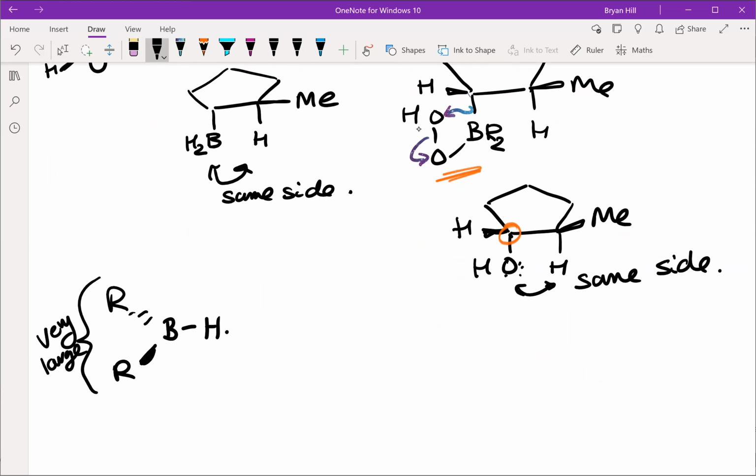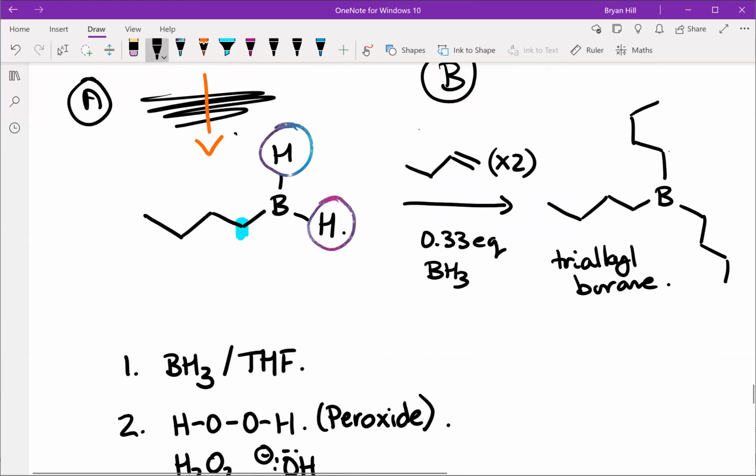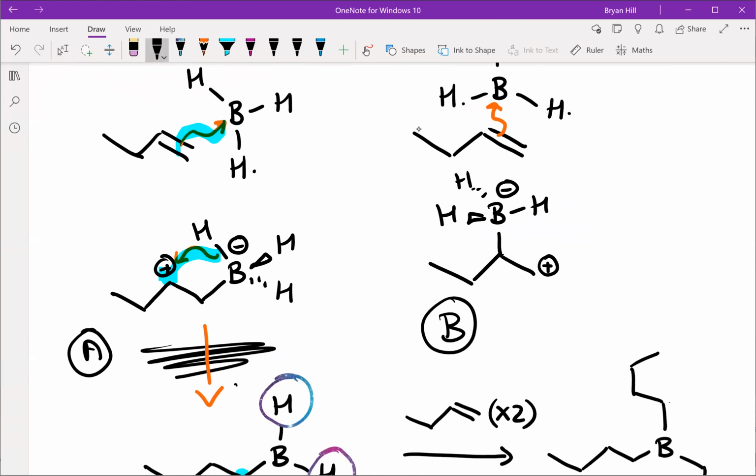And so the purpose of this, well, it's twofold. But one of the main purposes is that with those large groups, it really increases the steric factors compared to the electronic factors. So when I was drawing these positive charges on the various carbons, that's an electronic reason why